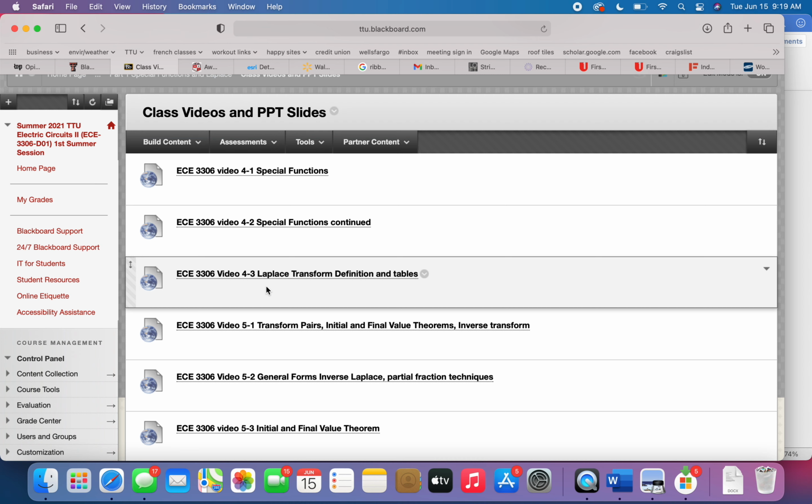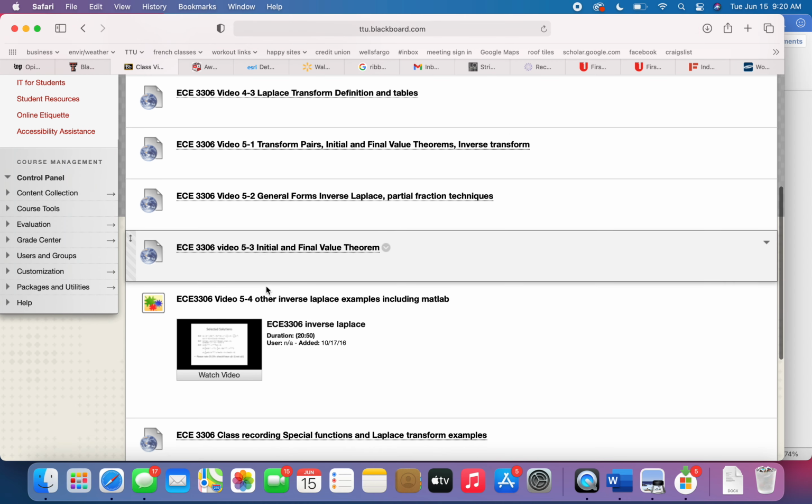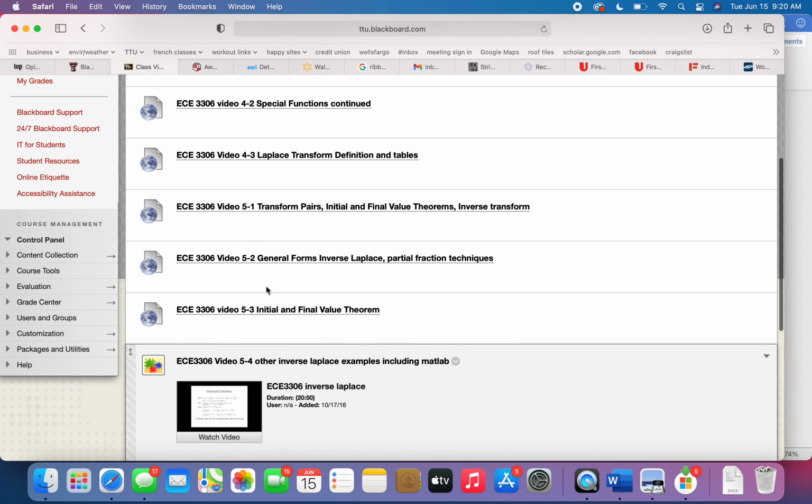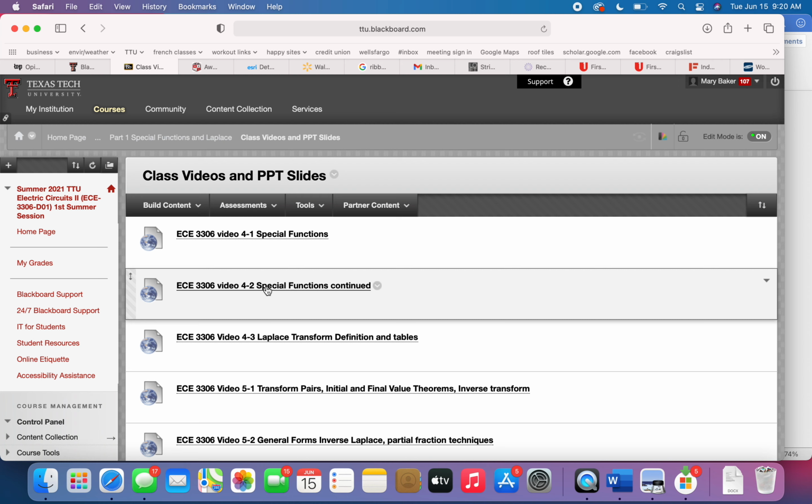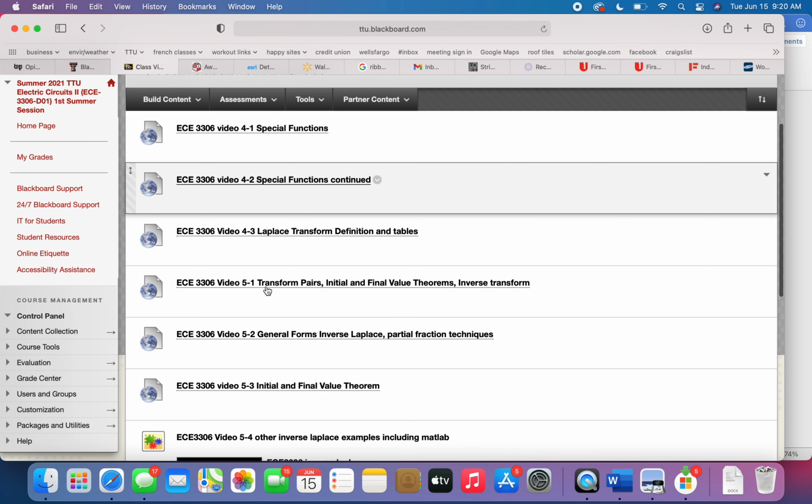I think it's 13, but it's the chapter on the Laplace transform, right up until the point where we do circuits applications. So most of that chapter is included in the material in the lectures. I believe there's some information on time domain and convolution that is not included as a part of this class. So you're only responsible for Laplace transform, inverse transform, initial and final value theorem, and the other things that are